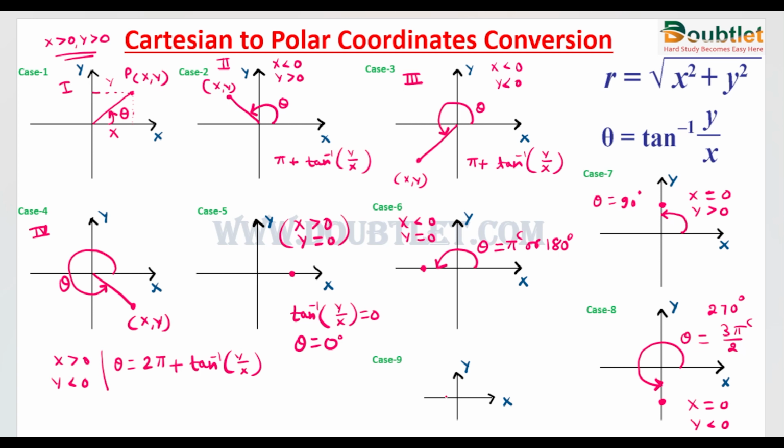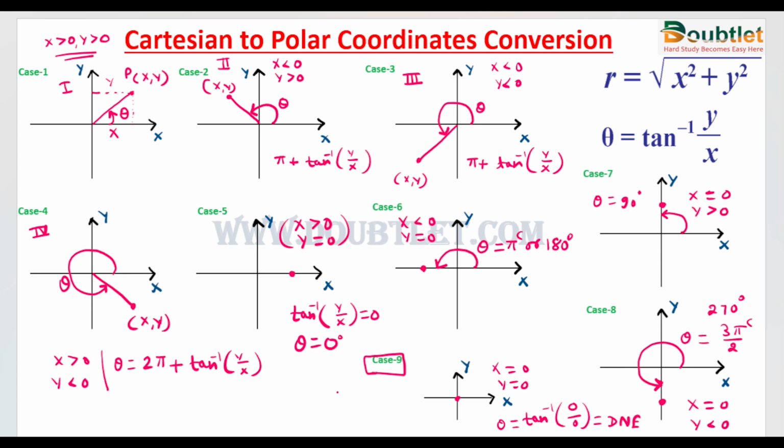And now the last case, we have covered all the possibilities except the origin. Suppose a point lies at the origin, which means x is equal to 0 and y is equal to 0. If we want to calculate the angle for this, we get tan inverse of y divided by x, so it will be 0 divided by 0, which is an indeterminate form. So we can write it as does not exist. Which means if a point lies at the origin, the polar angle does not exist. This is the most special case, and we have covered all the cases.